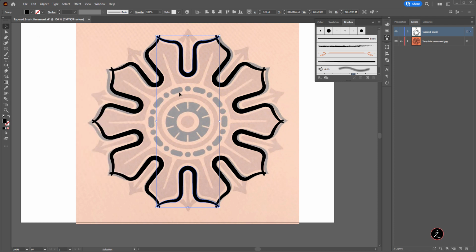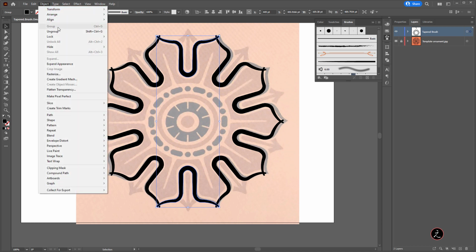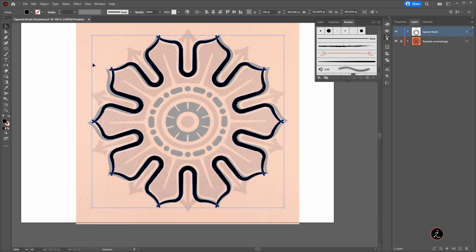Now, as you can see, using this transform tool, right now the effect is live, which means we can actually modify this or remove the effect at any time. But since I like what I see, I will go ahead and go to the object menu and expand its appearance to convert this whole thing to an actual shape.